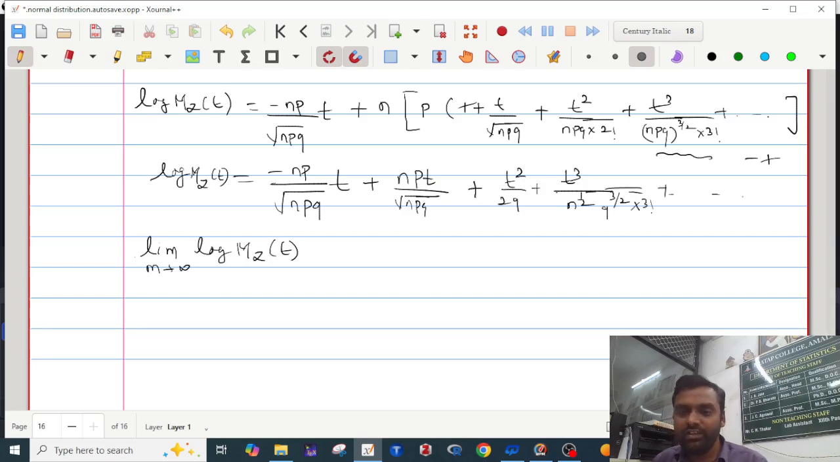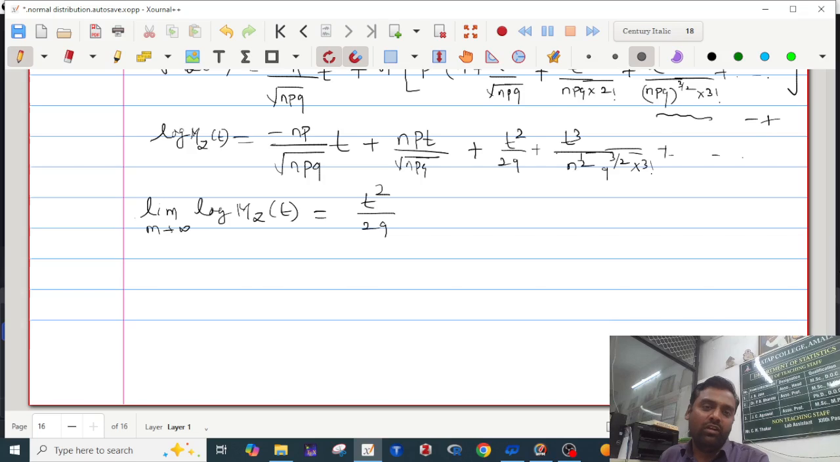In all the next terms, the denominator has 1 upon n raised to something, and if we take the limit, all of that will become 0 and only t square upon 2q will remain. And if p is very small, then solving this limit, it is simply only t square upon 2 for small p, and if you take the exponential now,